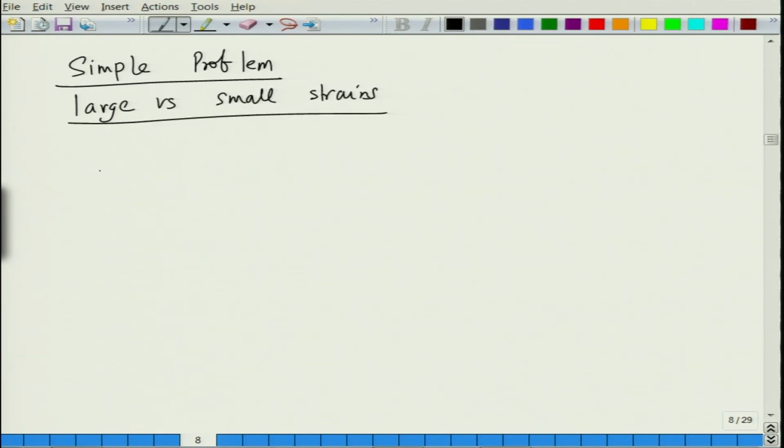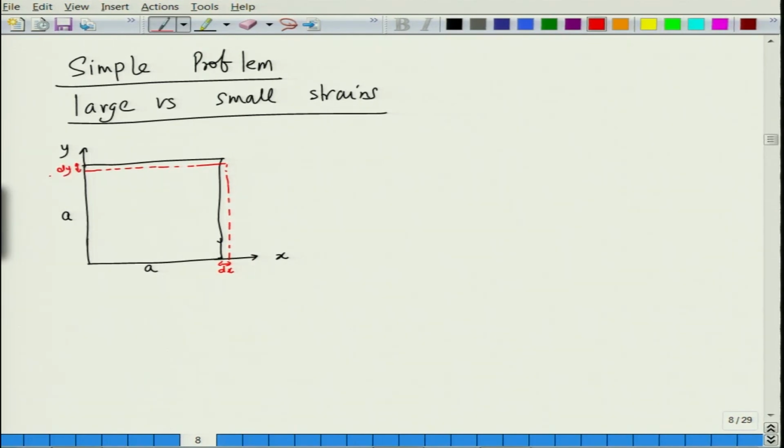So, let us say you take a block of dimension A by A in X and Y. So, this deforms to a very small change. So, this could be dx and this could be dy. Okay. So, let us say this becomes from A to, I do not know, 1.02 A